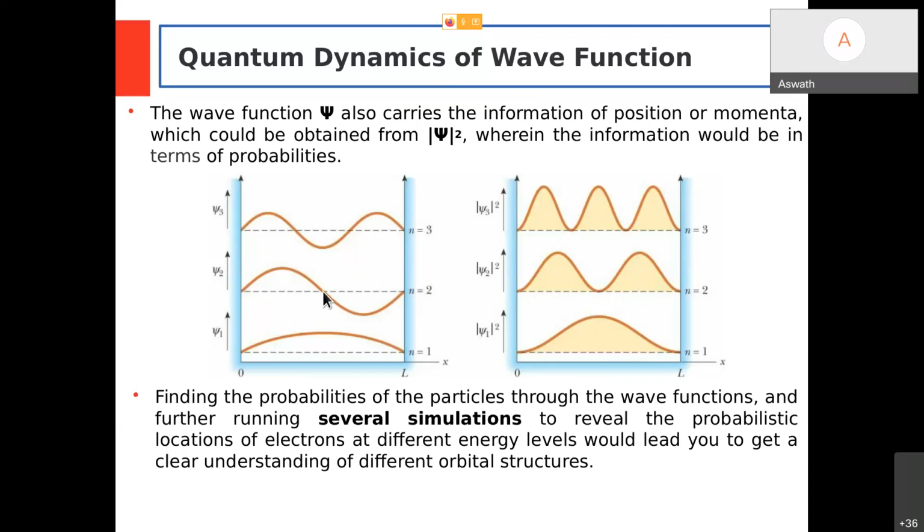Wherever there is a node, this is a point where the wave is hitting the node, and the electron has no probability of existence in that location. So that means the electron can exist here with some more probability, here with more probability, and here with more probability if I take a third orbit of an atom. What people did was start exploring these possible maximum probabilities to realize quantum states, and those quantum states could be used to store information in the form of bits.